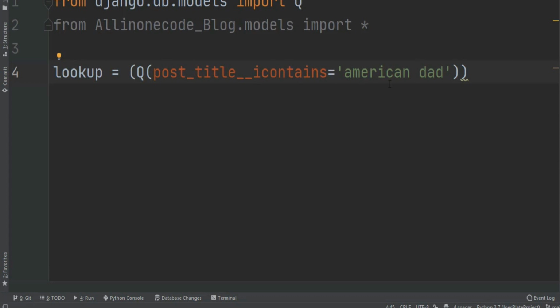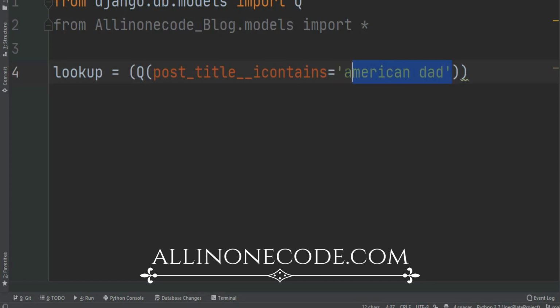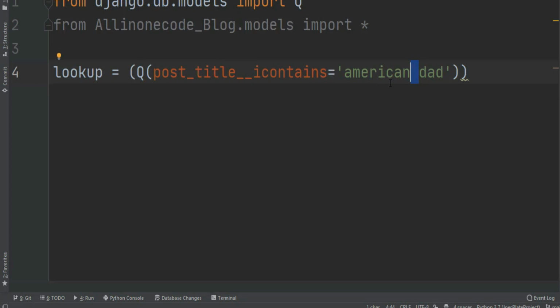For example, if you search American or American Dad, as you can see there is a space between the words. So this filter method is going to help me fetch this particular text or whatever text you are entering. This is the quickest method to search different text, and that's why we use icontains.